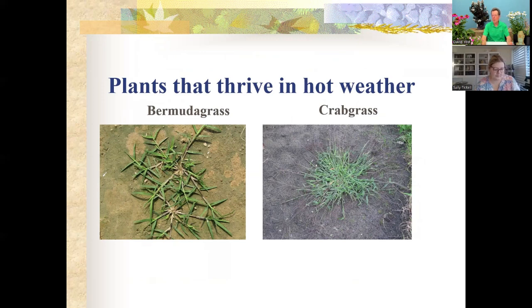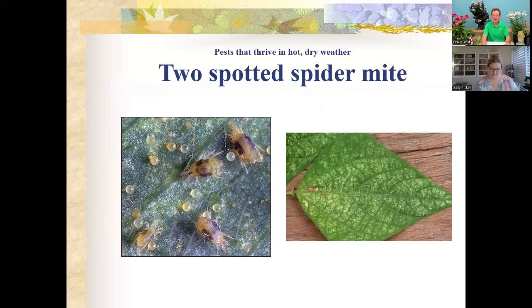Well, who else loves hot, wet weather conditions? Things like Bermuda grass and crabgrass. These are warm season plants, warm season grasses. The hotter, the better. Bermuda grass doesn't really start growing till our temperatures hit 70, and it's thriving when temperatures hit 90, right? So what's happening in a lot of our gardens is plants are stressed out, lawns are stressed out, they stop growing or they slow down, they get thin, but that allows a terrific opportunity for weeds. The weeds thrive under these hot, dry conditions. They start coming in, and so that becomes a little bit of a mess.